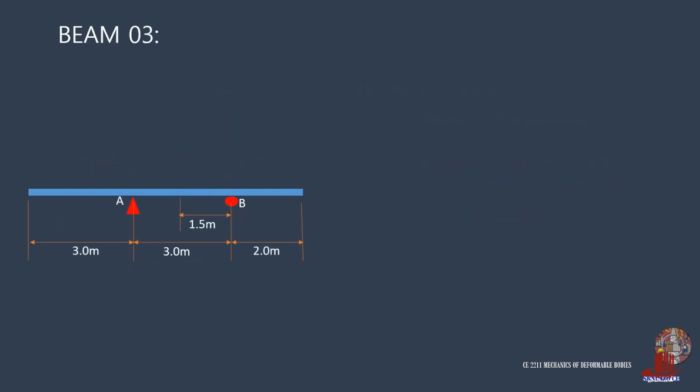The third beam system also has overhangs on both ends with triangular loads. The load on the left has a maximum of 10 newtons per meter, and it extends for 4.5 meters. At this point, there is a concentrated load of 25 newtons. The rest of the beam supports another triangular load maxed at 35 newtons per meter.